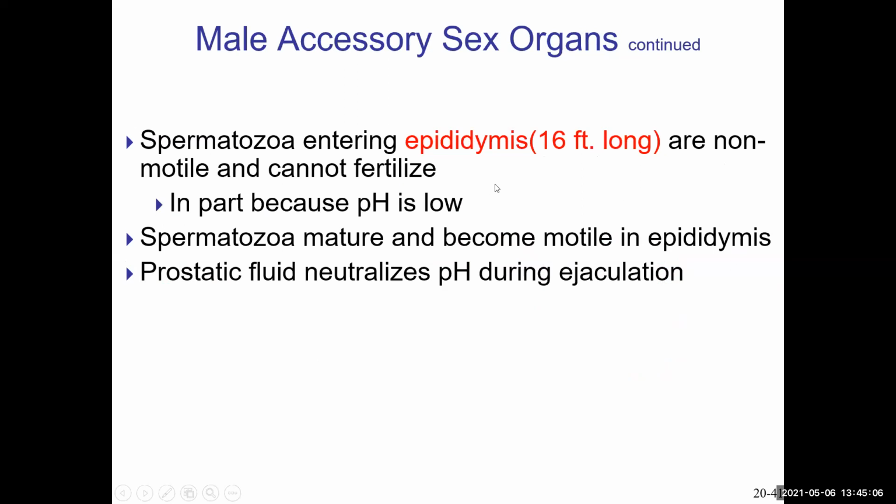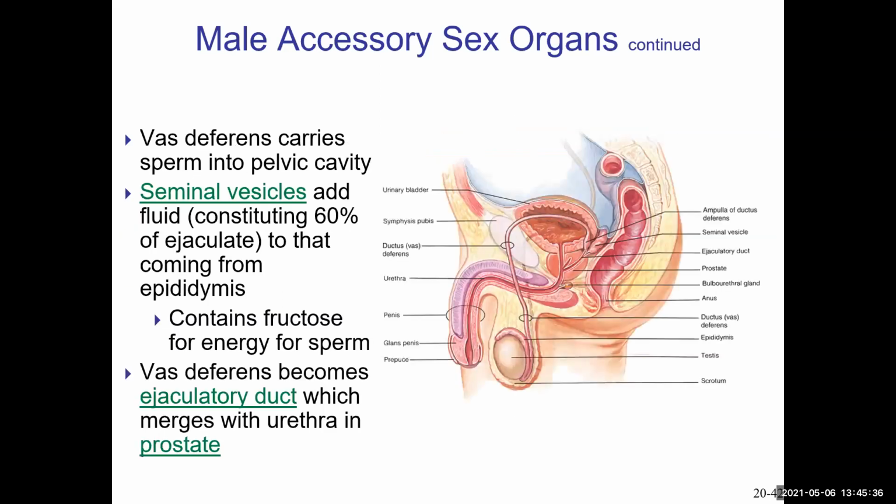So if the spermatozoa are still in the epididymis, they are non-fertile sperm. They cannot fertilize. And this is because there is low pH. Spermatozoa mature and become motile in the late epididymis, and then prostatic fluid neutralizes the low pH and makes them active during ejaculation. So once it passes from the epididymis into the vas deferens,